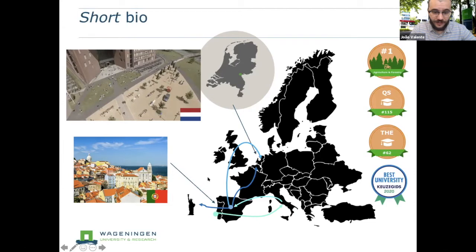Then you can see here a map with lots of arrows. This shows where I have moved since I am a researcher. I was born in Portugal, and I did my bachelor in computer science and electronics engineering at the Nova University of Lisbon, my master at La Sapienza University of Rome. Then I moved to Madrid.